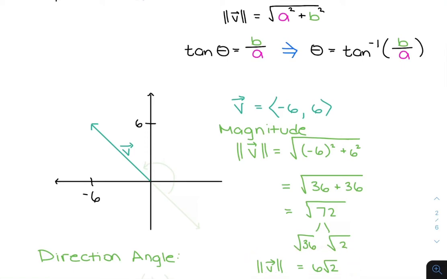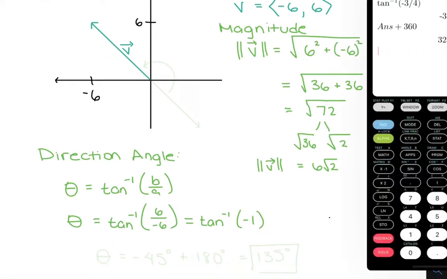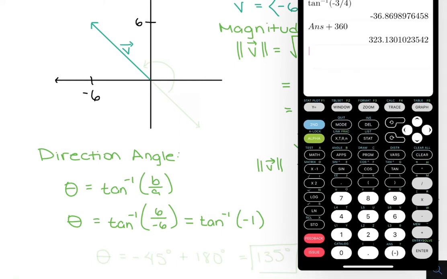If we wanted to look for our direction angle, remember that theta is equal to the tangent inverse of b over a. So we can just plug in our b and a. In this case, our b is 6. So we would have the tangent inverse of 6 over negative 6, which is our a. And we can just plug this into our calculators and see what we get. Before we do that, you can also simplify this to the tangent inverse of negative 1, because 6 divided by negative 6 is negative 1. Again, remember to put your calculator in degree mode, and we get that our theta is equal to negative 45